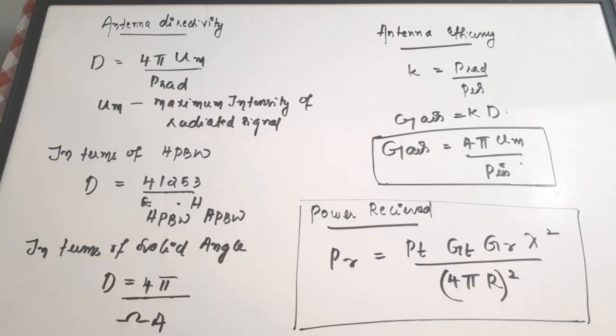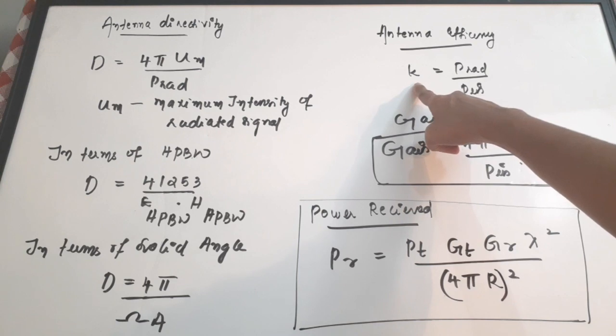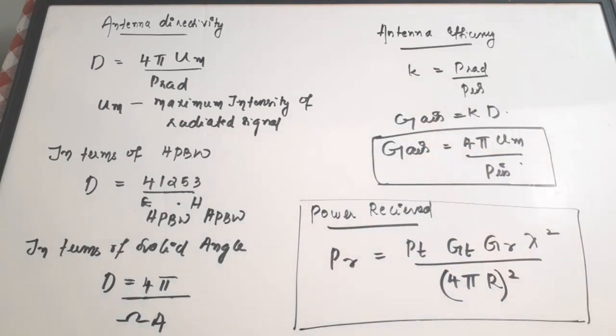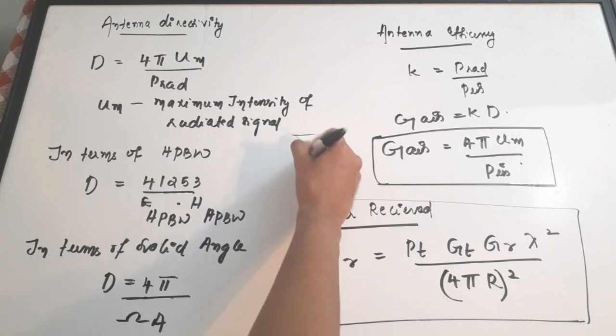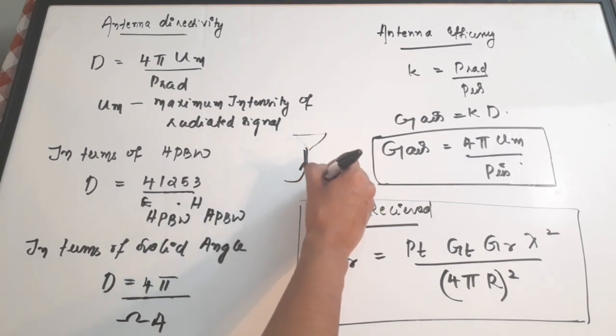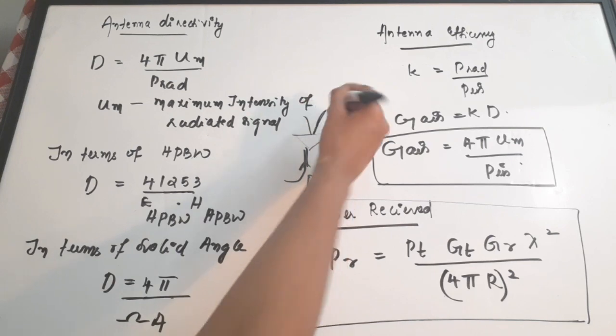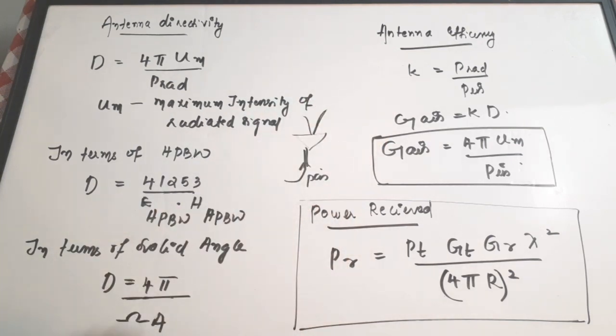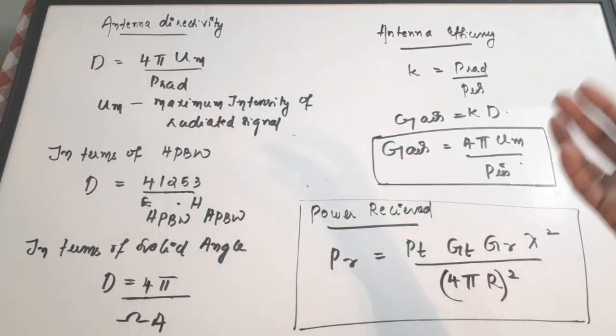Next, about the antenna efficiency. For efficiency we use K to represent it. It is equal to P radiated by P in, that is, the radiated power to the power which is fed to the antenna. So what is actually the purpose of an antenna? An antenna radiates the power which is fed to it using a feed line. Okay. So there will be an antenna, and from the transmitter some power will be fed to it, right? And it will be radiating that power. That is the purpose of an antenna. Now efficiency is the ratio of how much power it is radiating to how much power is fed to it.